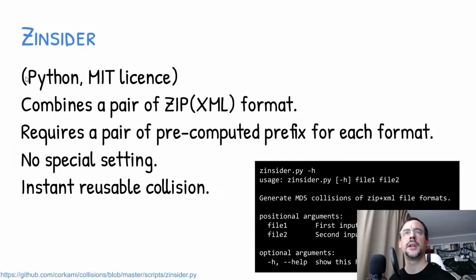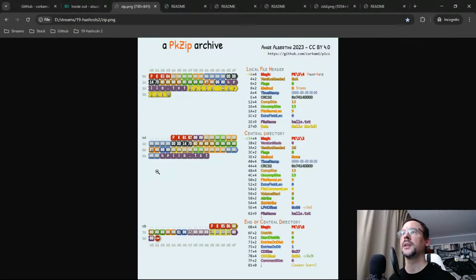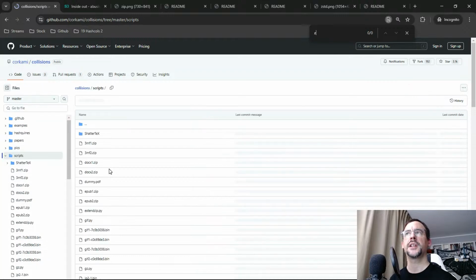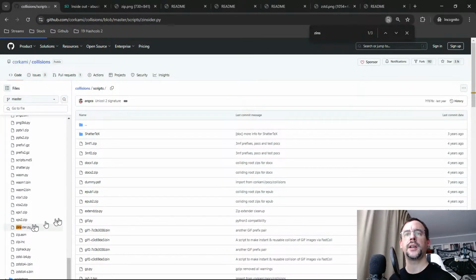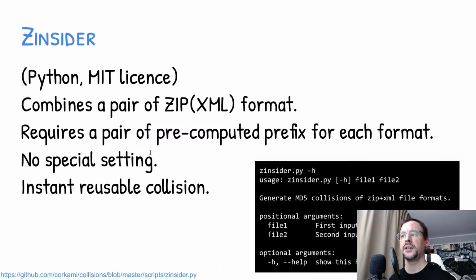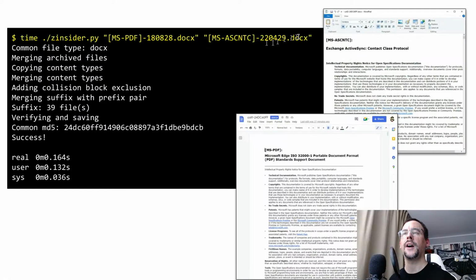And I wrote a tool that takes zips and tries to detect the format. I created, let's see, GitHub Kokami scripts, and I created all kinds of prefixes, and the prefixes are already available. So basically, you just run it. You take two docx files, completely different if you want. It doesn't matter. It will find that it's a doc file. It will merge the two files together, and then it also needs to update the content types, and then it starts to do its magic,